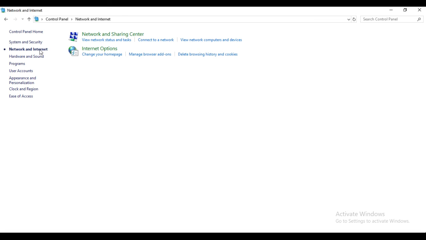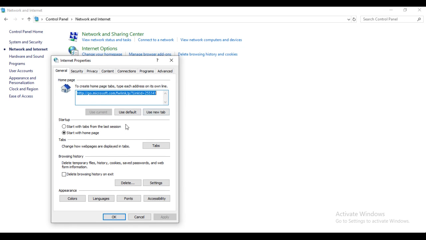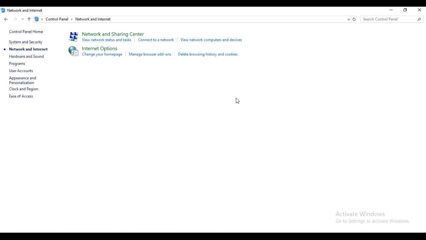So when I click here on network and internet option from this control panel, you see delete browsing history and cookies. Click this, and here in this internet properties box, check this box and click on the delete button. Okay, so this will be applied and it will clear all the browsing history of your system, all your browsers.